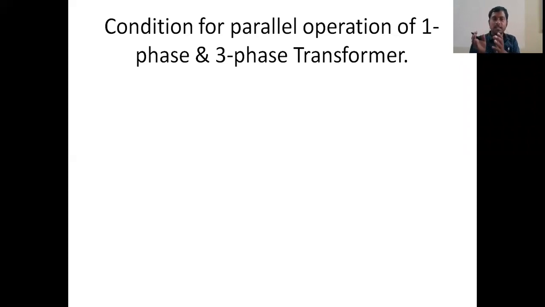So, if you want to connect a transformer, what are the transformer characteristics and the conditions to be satisfied to connect in parallel with the existing transformer? The first condition is polarities. Polarities must be the same. Polarities can be obtained by using the polarity test. You need to indicate the dot, and as per that, you need to connect the transformer in parallel.